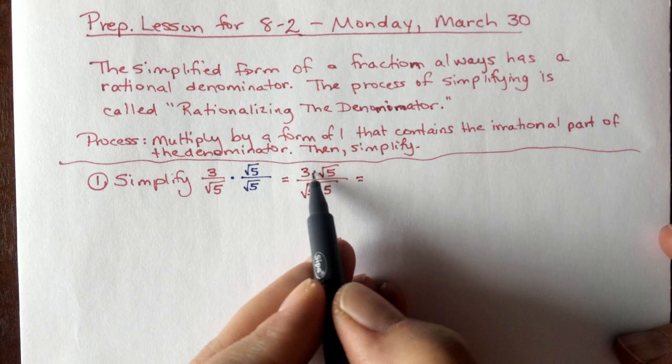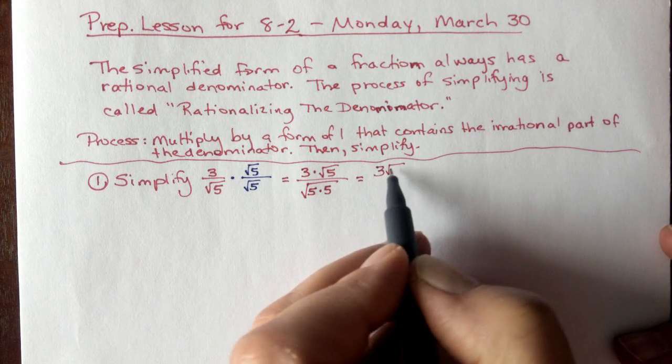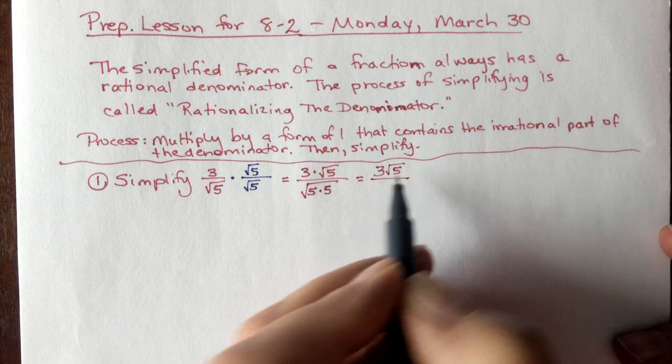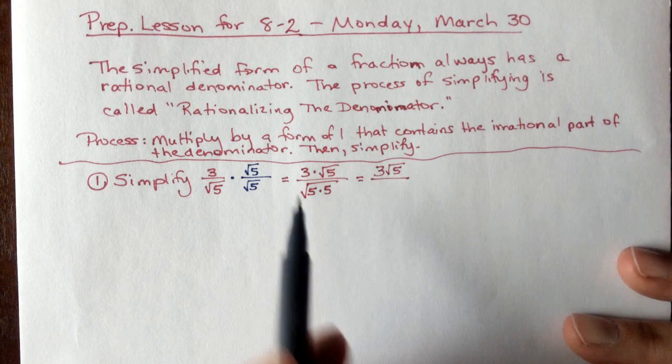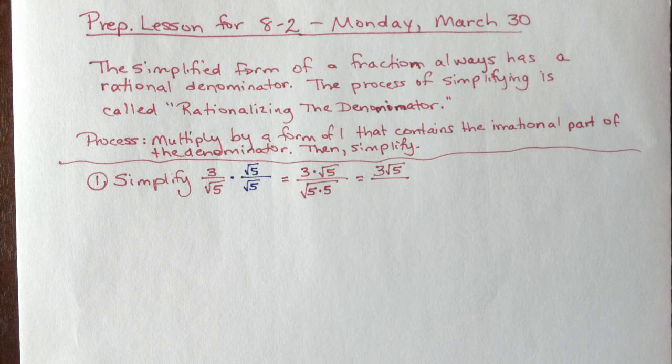Okay, 3 times square root of 5 on the top. I'm going to just drop that dot. You don't have to. The calculator, you noticed, has the dot there. On the bottom, you're going to go fish. So in the last